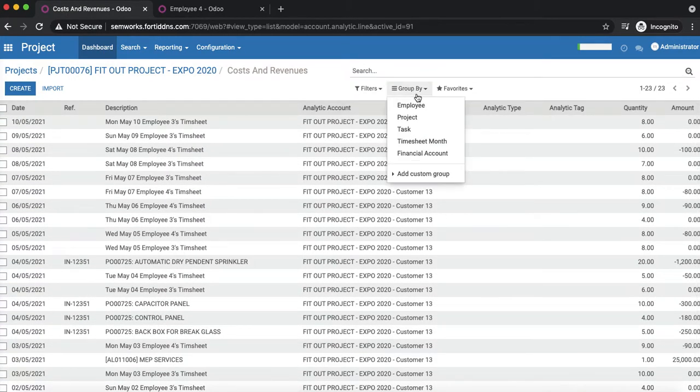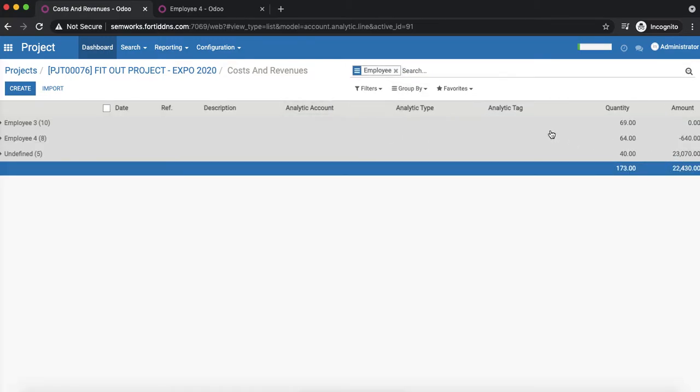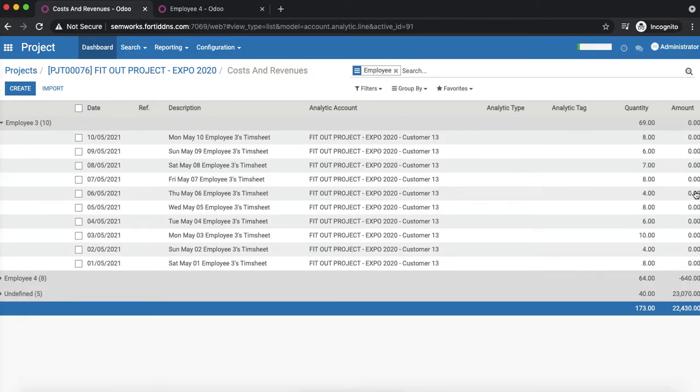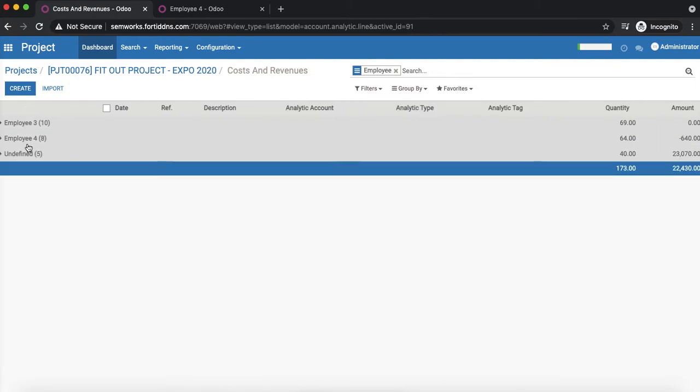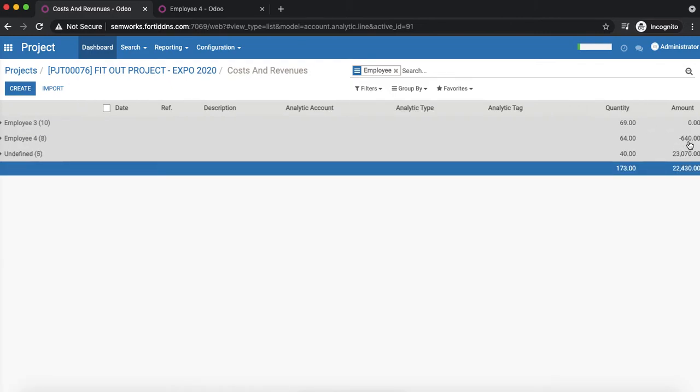So if I do a group by employee, I can see that one. See employee 3, maybe employee 3 I didn't book the per hour cost, that's why it is coming as a 0. But if I check in the employee 4, there is 10 as his per hour charge. So 10 into 10 100, 8 into 10 80, 9 into 10 90, like that. There is 64 hours, so that means 640 dirhams is consumed for this particular project. So it will be reduced